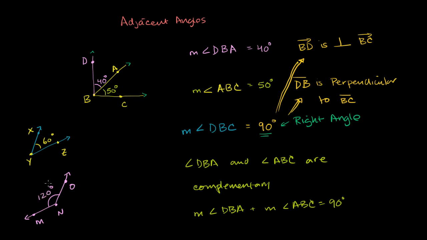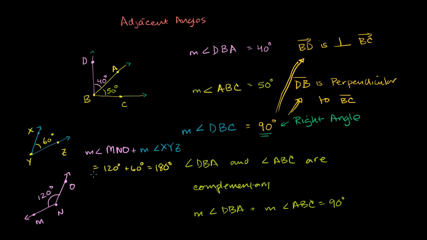So if you were to add the two measures, let me write this down. The measure of angle MNO plus the measure of angle XYZ is equal to 120 degrees plus 60 degrees, which is equal to